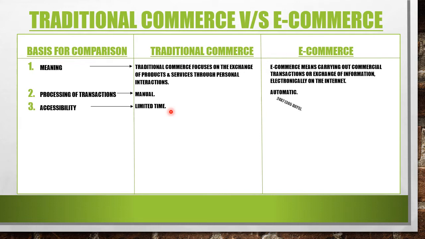But in case of e-commerce, it works 24/7, that is 365 days. They are open 24/7 for 365 days, meaning they are never closed. In traditional commerce there will be some weekly holiday also. In some places Sunday will be a holiday where all shops are closed. In some places Monday will be a holiday where all shops will be closed. Likewise, depending upon the area, some days are fixed when the shops will be closed. But in case of e-commerce it is not the case. It will always be open.